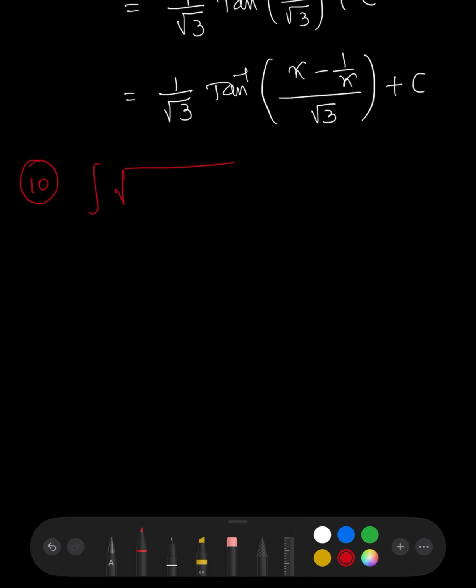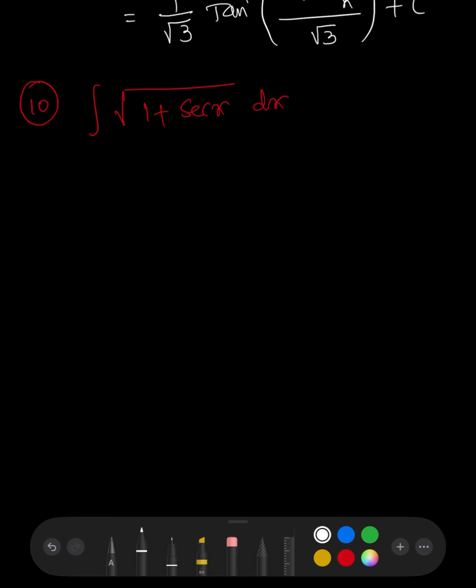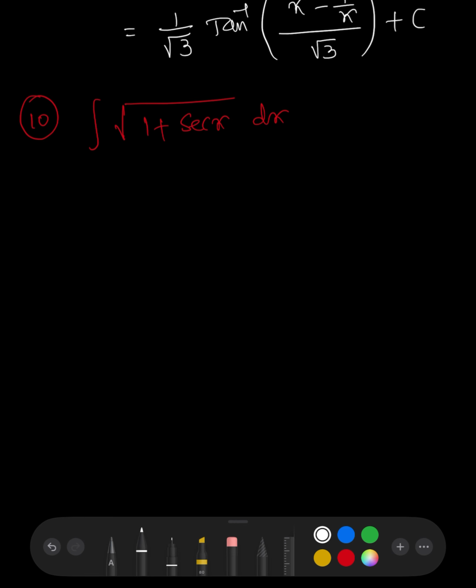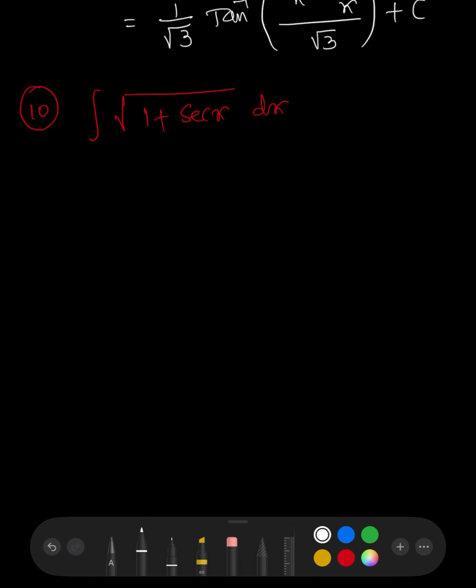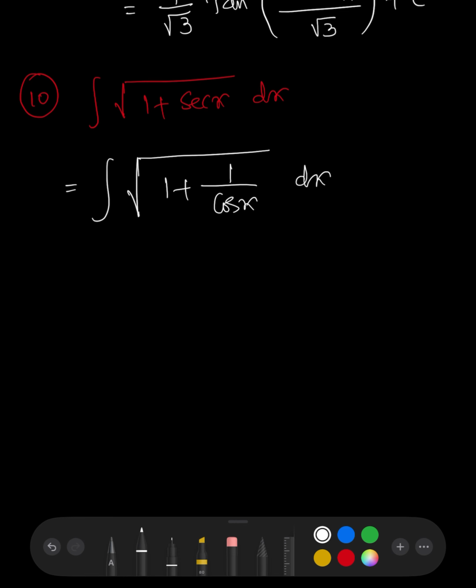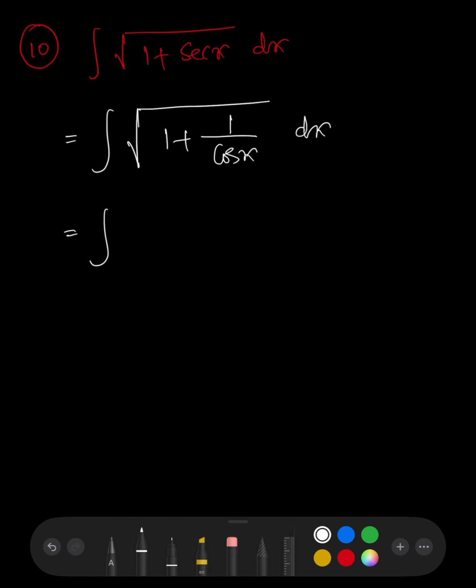integration of root over 1 plus secant x whole dx. This type of question is very rare, but it is a very important question, and we can convert this one into half angles. Now see how we are going to convert this question: integration of root over 1 plus secant x, we can write it as 1 by cos x whole dx,